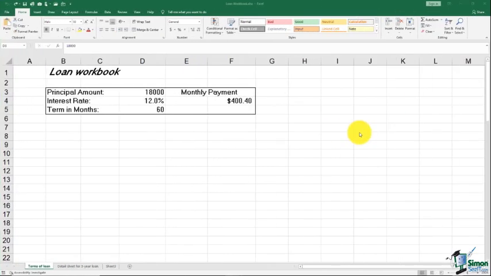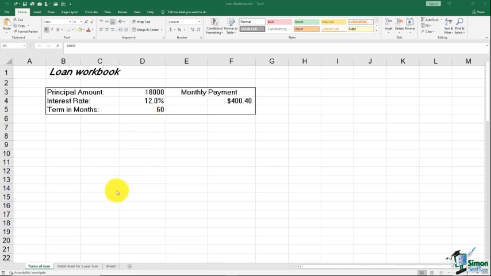Now that you've gone through Module 4 and you learned how to navigate your workbooks, let's go ahead and just make sure you're okay with actually navigating through workbooks on your own. I want you to start off by opening a file called Loan Workbook. And once you get it open, I want you to just pay attention to the fact that you have two sheets at the bottom. You have a sheet called Terms of Loan and also one called the Detail Sheet for the 5-year loan. The sheet Terms of Loan is where you're going to be able to list your principal amount, your interest rate, and your term in months,